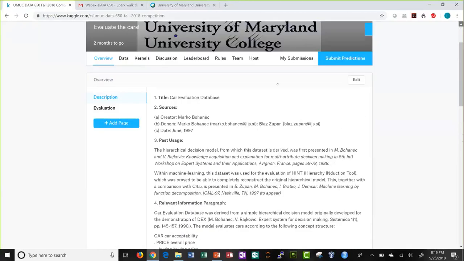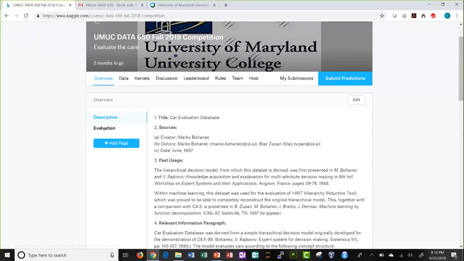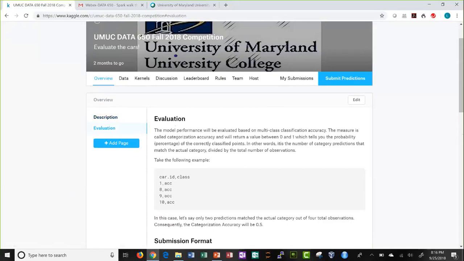Now then you'll see a tab, or a link, for evaluation, which tells you that the model performance will be evaluated based on multi-class classification accuracy, right? The plain old accuracy, meaning which ones did you get right, which ones you did not, right?